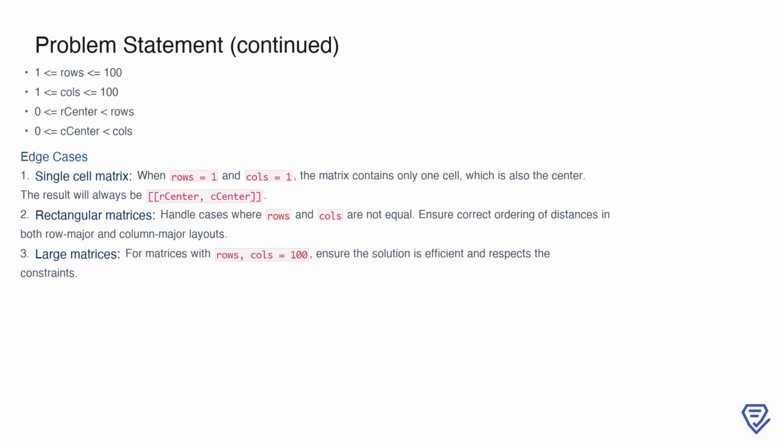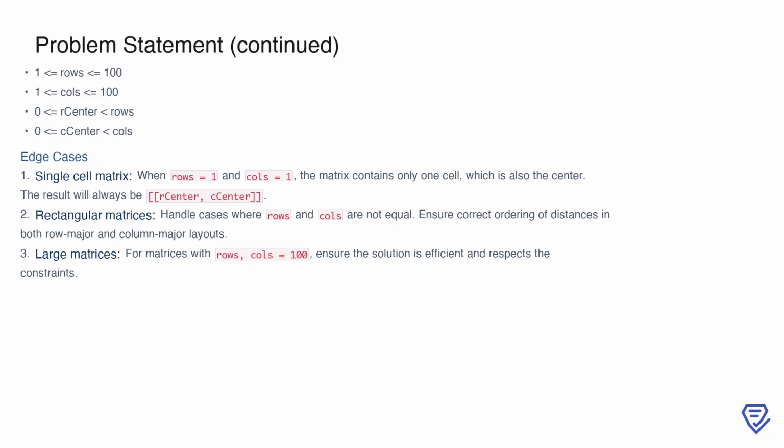There are some important constraints and edge cases to consider. The dimensions of the matrix are limited to 1 to 100 for both rows and columns, and the center cell must always be within the bounds of the matrix. For edge cases, consider a single-cell matrix where the only cell is the center. The result will always be [rCenter, cCenter]. For rectangular matrices where rows and columns are unequal, ensure that the distance calculation and ordering are accurate in both directions. Finally, for large matrices, such as those with 100 rows and 100 columns, the solution must remain efficient and